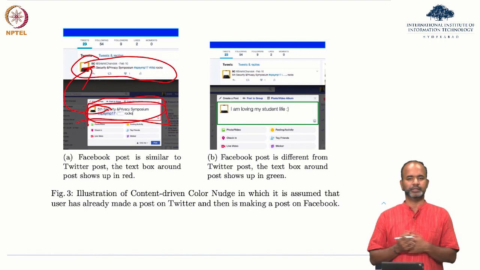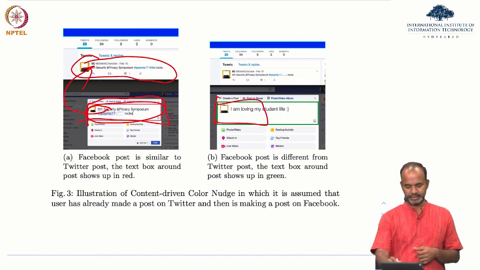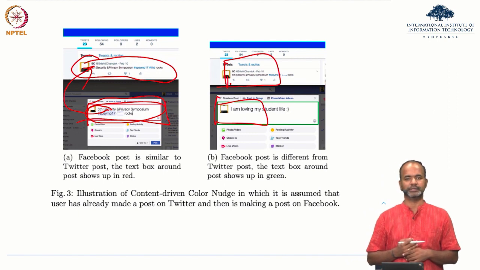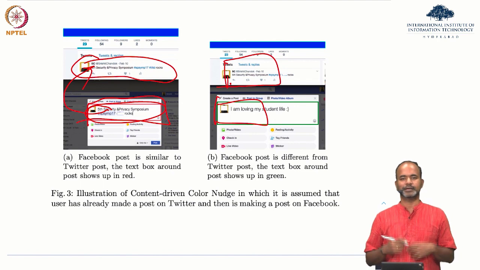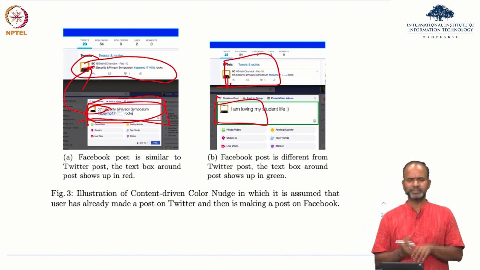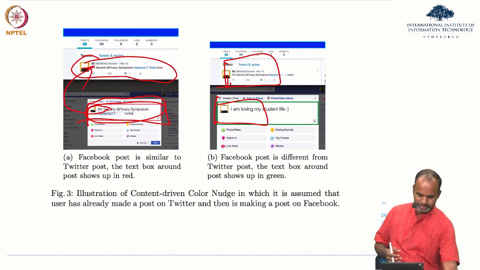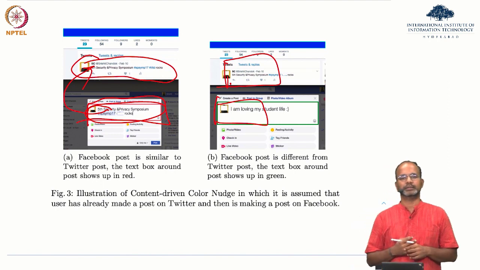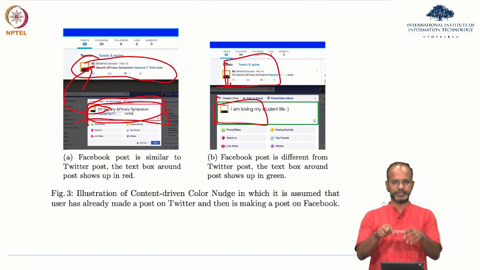Therefore, the linkability is higher. Do you still want to do it? In this case, this post is very different from this post, and therefore it's green. And so the linkability is not there for the post, for the content, for the time, all of that. And therefore the user can make a choice accordingly. So this is just one mechanism by which the information about the nudge can be shown. But this nudge can be done in many different ways. This is only looking at posts.